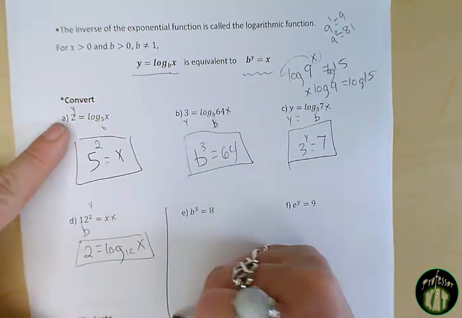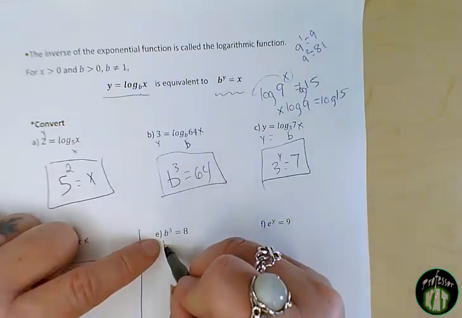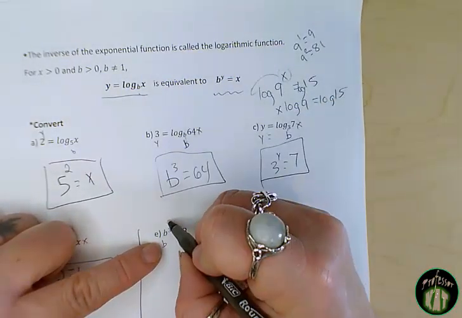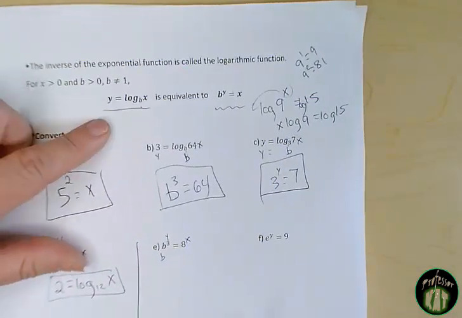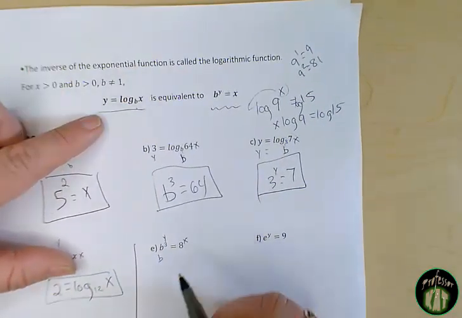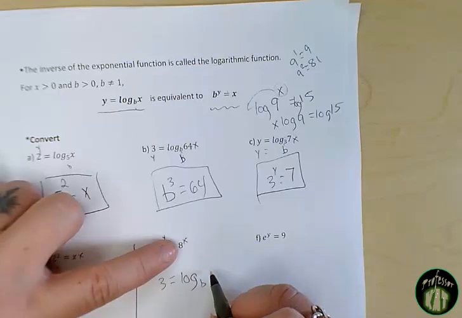Let's try that again. All right, example E. Again, base is your b. All right, so this is our b, raised to the power of y is equal to the x. So when we convert that to logarithmic here, y equals, so 3 equals log base b of our x, which